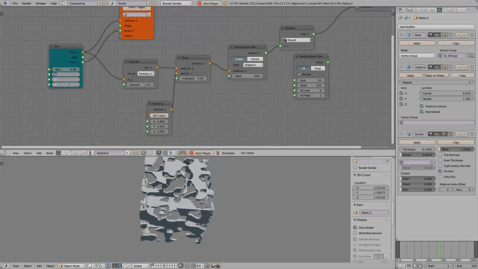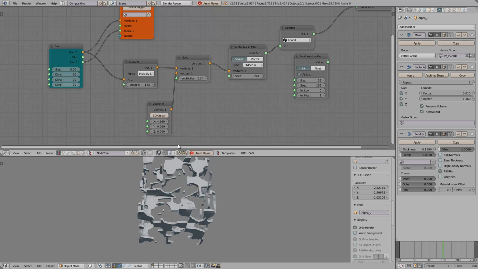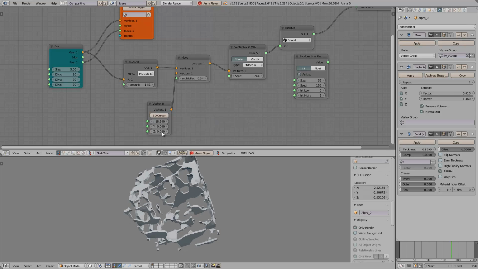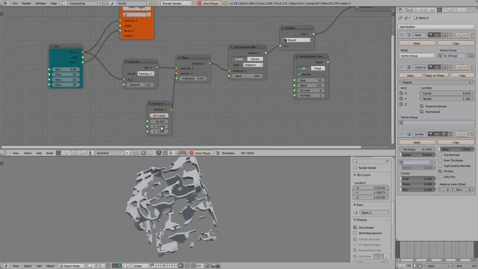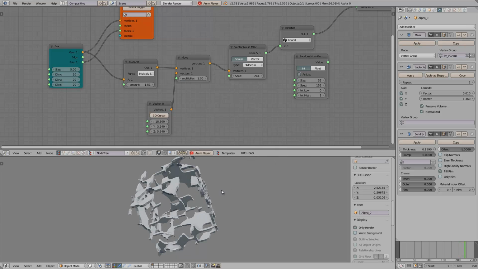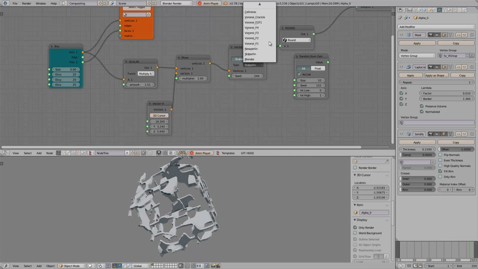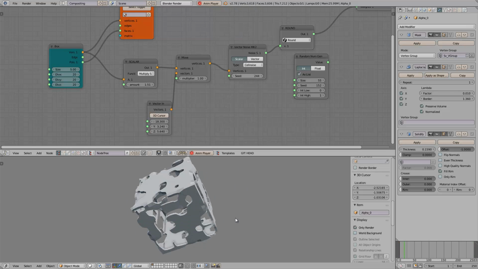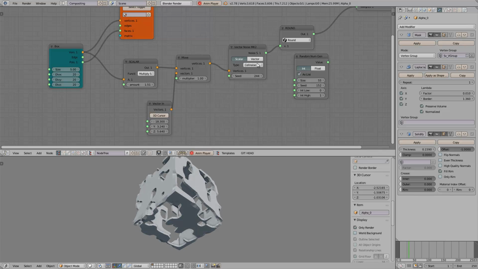Because I'm recording, I'm just gonna switch back to lower resolution. So there you go. It's a lot of control you have, and then on top of this, you can also change the noise and whatnot. Of course, Blender comes with some preset noise, but remember that you can always create your own like